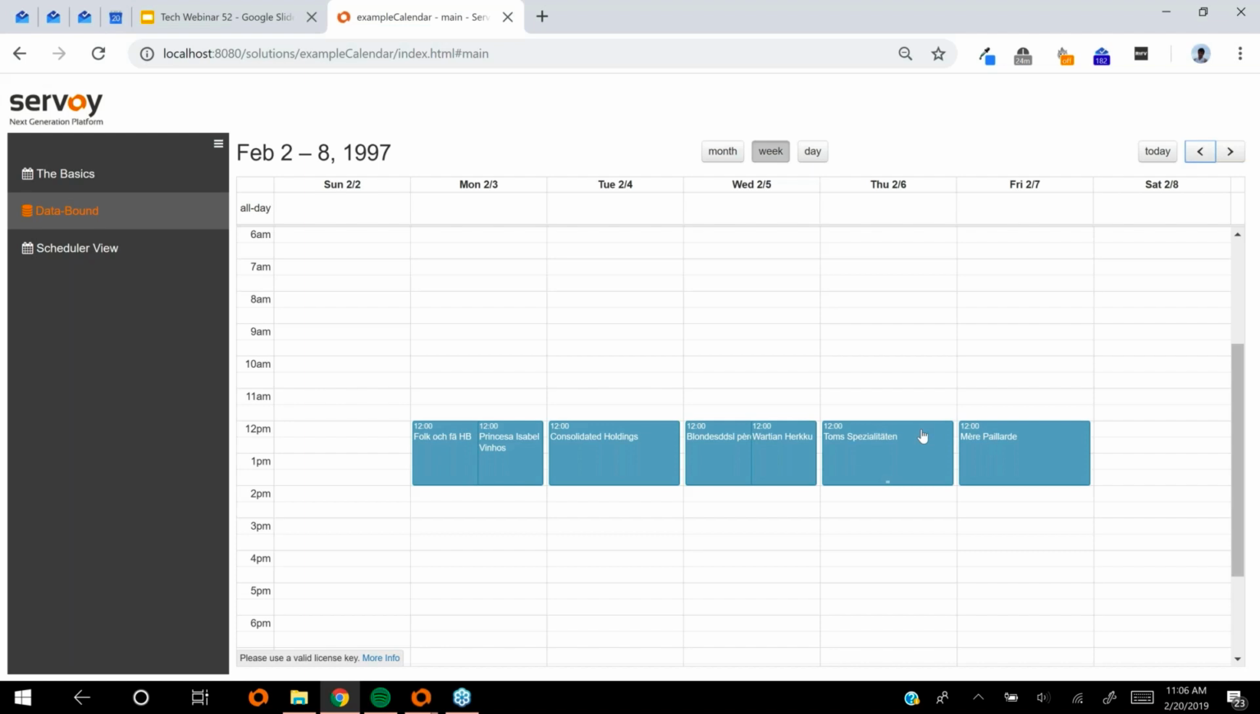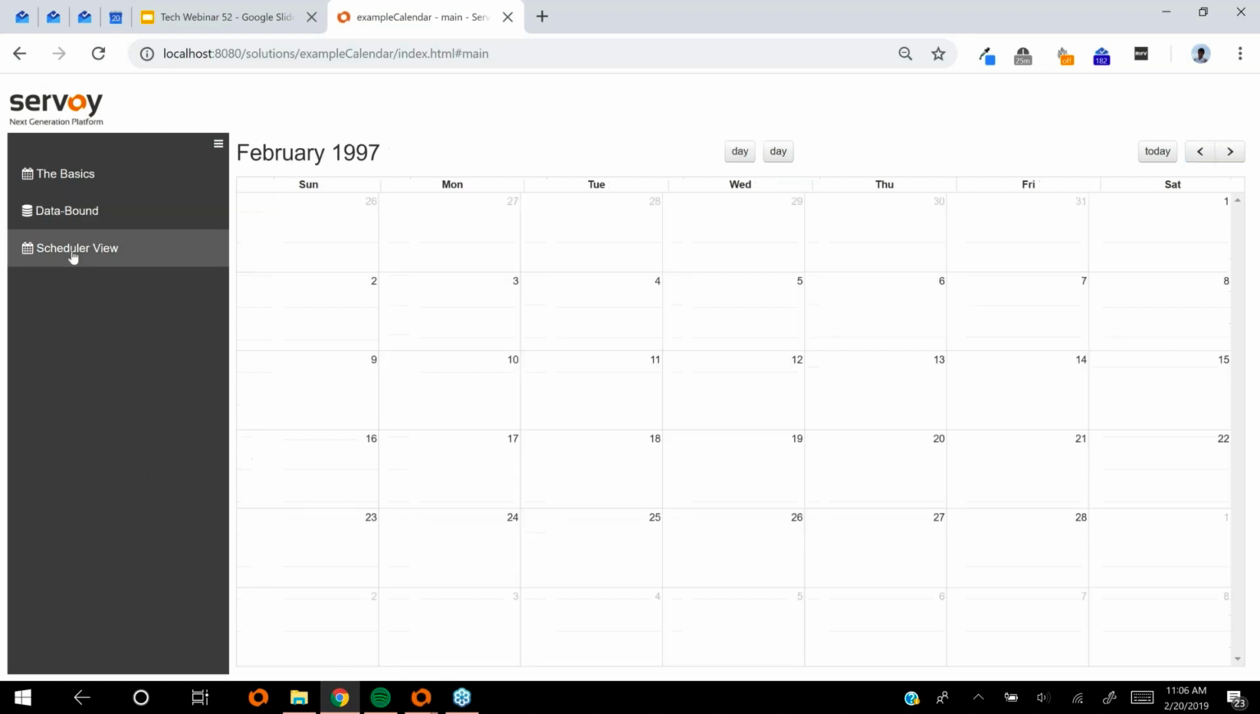Lastly, I want to look at what we're calling a scheduler view. This is an extension to the calendar component that is a paid extension, not from Servoy. This is a third-party component. So if you have a proper license, and you can see that I do not, because it's showing the "please use valid license key" down here, but it's easy to use with a trial. But if you have the license key, you can go into the scheduler view,